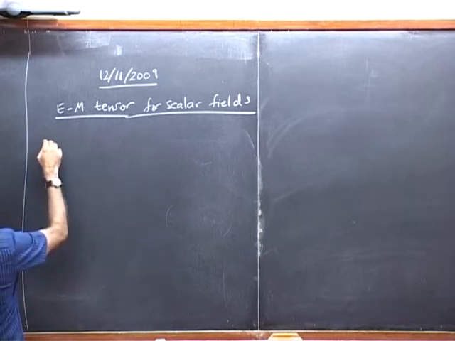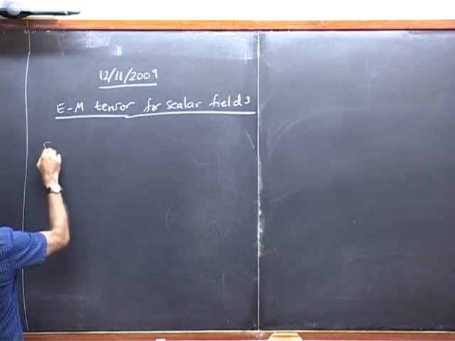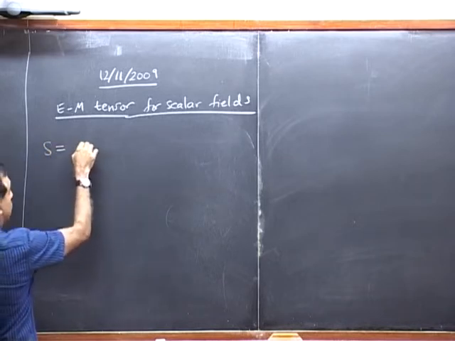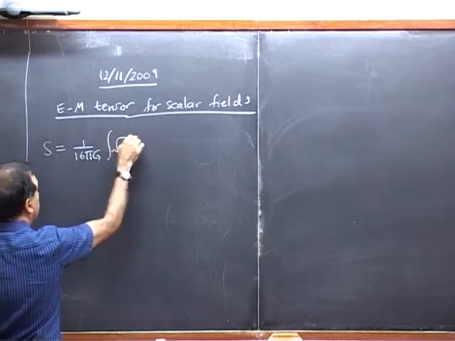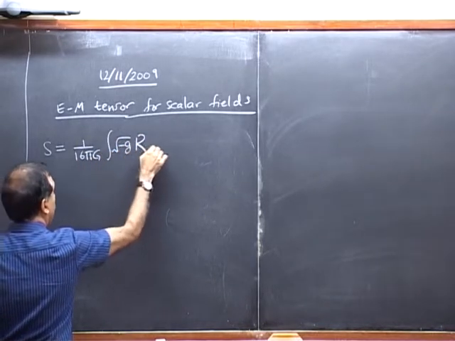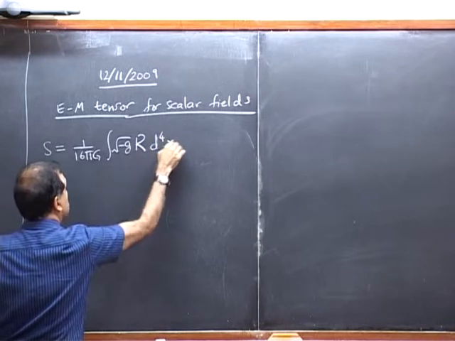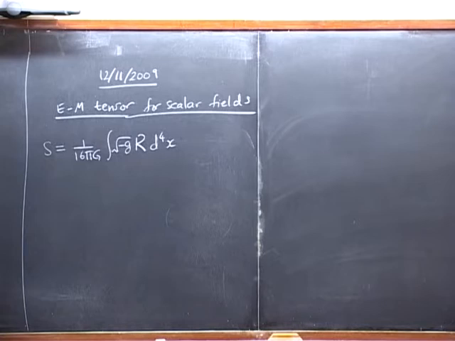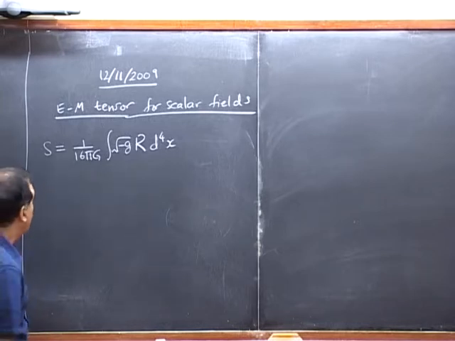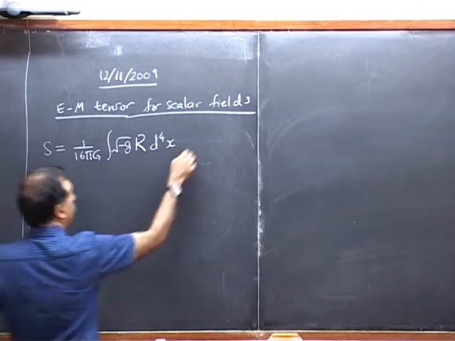So the basic idea here is that we take an action, a field theory action, which is 1 over 16 pi G integral root minus det g R d^4x. This I think already differs by a minus sign from what I had before. This is the correct sign, I believe. My signs I think are all compatible with Sean Carroll's book. Okay. Now to this we add